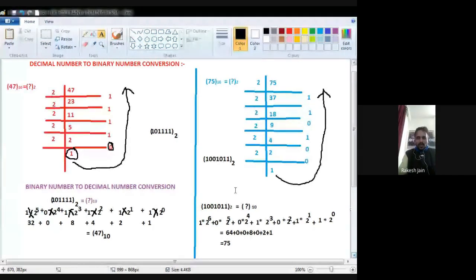So we cross-check the result of the previous decimal to binary conversion, in which we took the example of 75 in decimal, and when we converted that number with the help of the division technique into binary, we found the answer 1001011. Now in the case of binary to decimal conversion, we again cross-check the result by taking that 1001011 binary representation and converting it into a decimal number, and we find that the answer is 75 again. So the answer is cross-checked, and I hope you understand how to convert a decimal number to a binary number and back. If you have any doubt, then ask me.